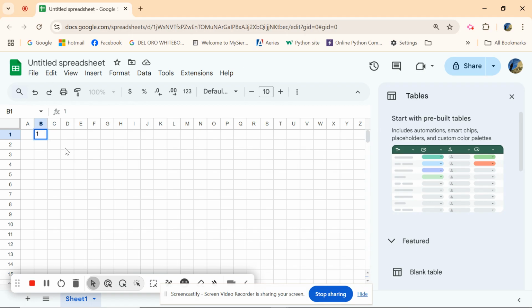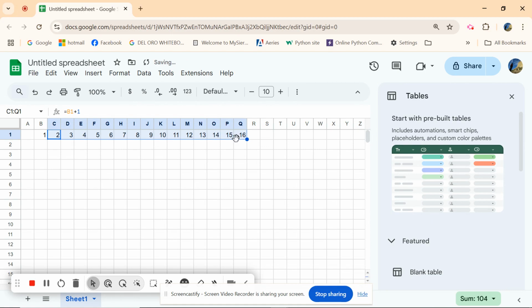I'm going to go 1, 2, 3, 4. That's got to be a better way to do that since it's always the same. So if I go in on this one, remember this is B1, right? Anytime I'm going to do a formula, I just do an equal sign. So equal sign means I'm going to do a formula. So I want B1 plus 1. Now if I go in and click,